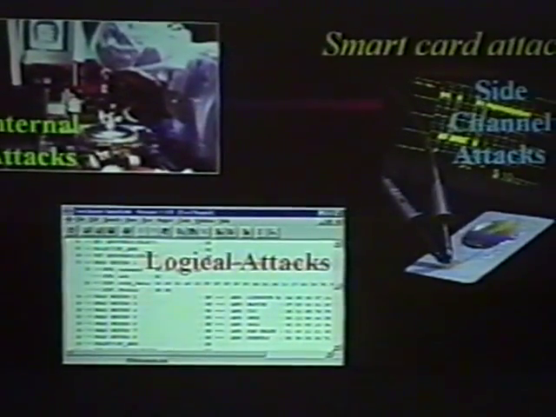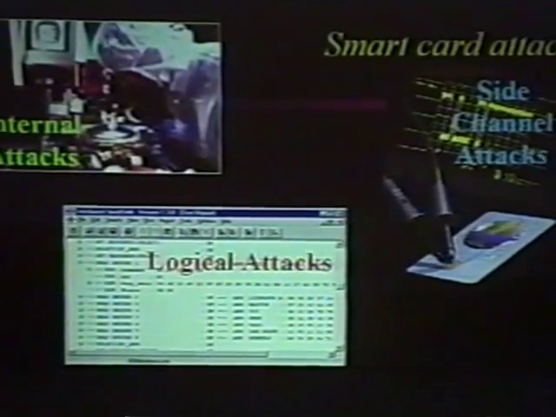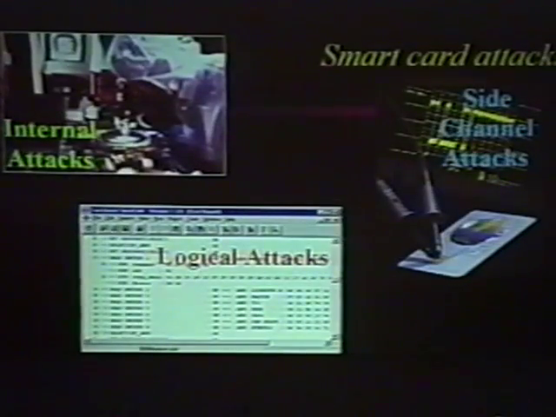I'll discuss three classes of attacks. First of all, the internal attacks. These are invasive attacks using high-end lab equipment, and although it sounds very sophisticated, it's not new at all. The chip industry has used this type of equipment for many years for chip prototyping, but in this situation we're going to use the very same equipment for attacking the smart cards.